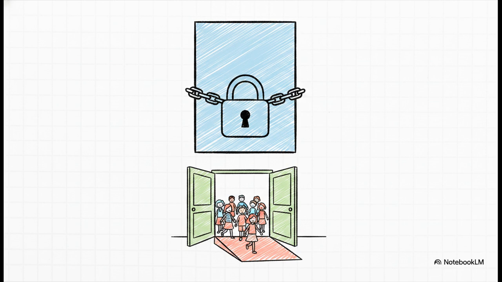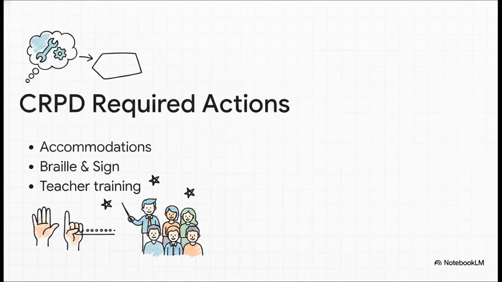It legally mandates an inclusive education system at all levels. And hey, remember that loophole from 1989 about available resources? The CRPD slams that door shut. It explicitly states that persons with disabilities cannot be excluded from the general education system on the basis of disability. Period. What I absolutely love about the CRPD is how incredibly practical it is.